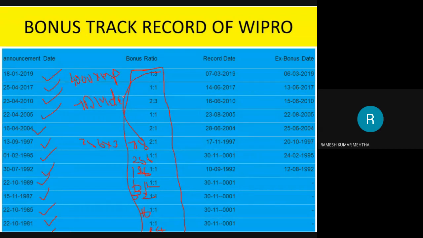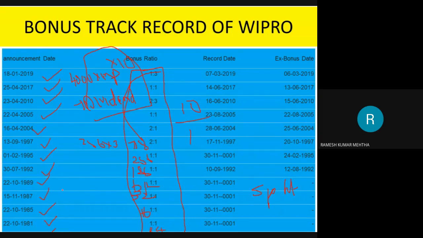This is the wealth they have generated for the shareholders over a period of time. And even there is a split of share which has taken place. Please remember, split of share is, for example, 10 rupees is a face value. It has been split to 1 rupee, means the number of shares also are going to increase by 10 times.